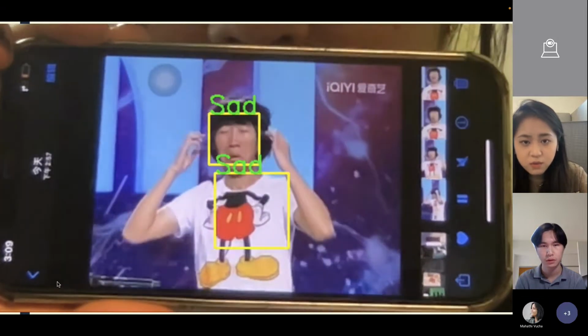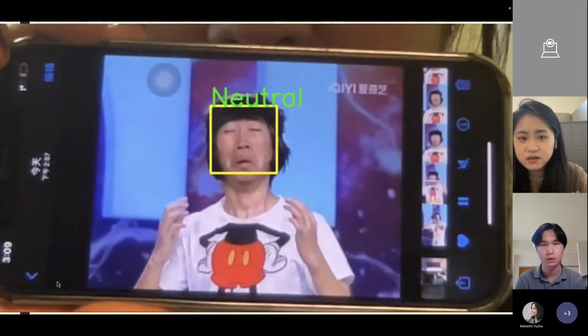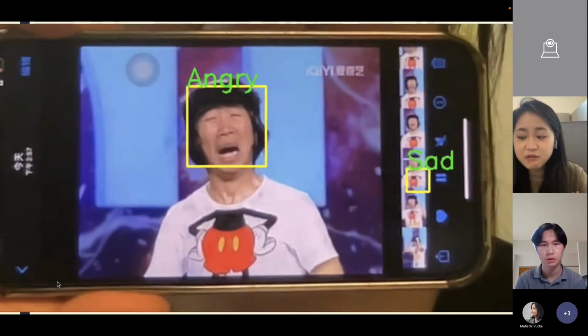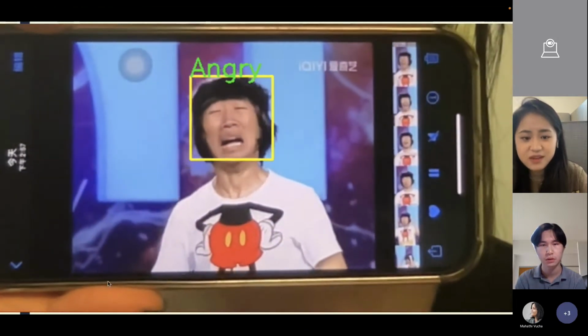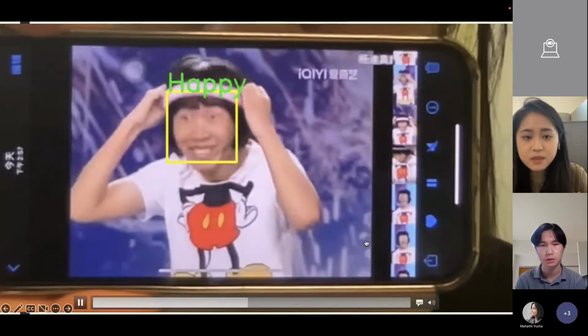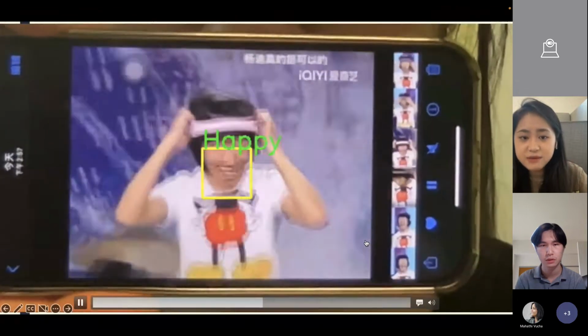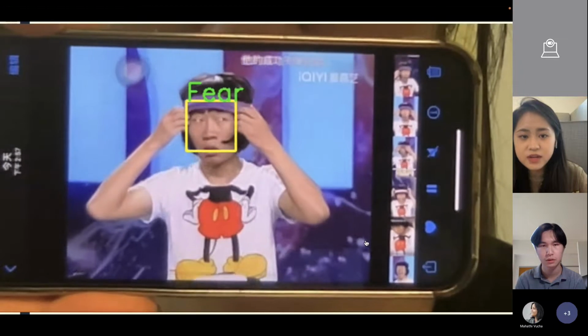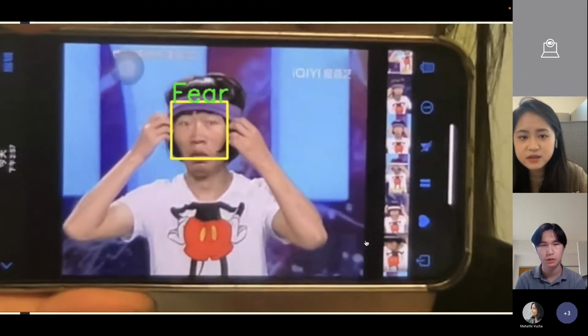Yes, from here we can find that he is full of emotion. It changes so quickly. Yes, he changed to a happy face, and from natural to angry and surprised.